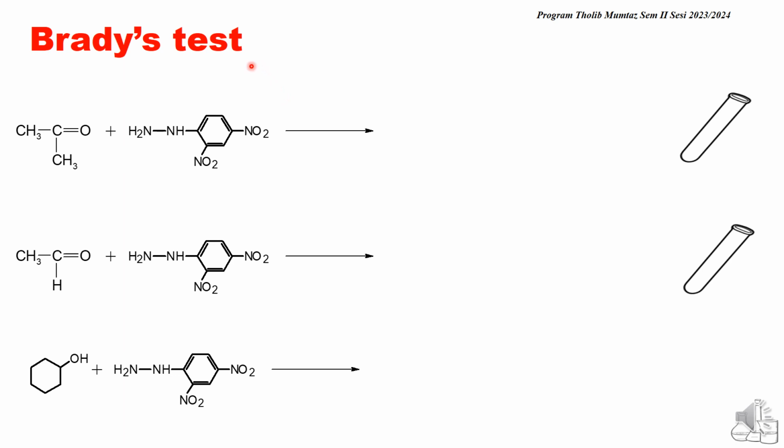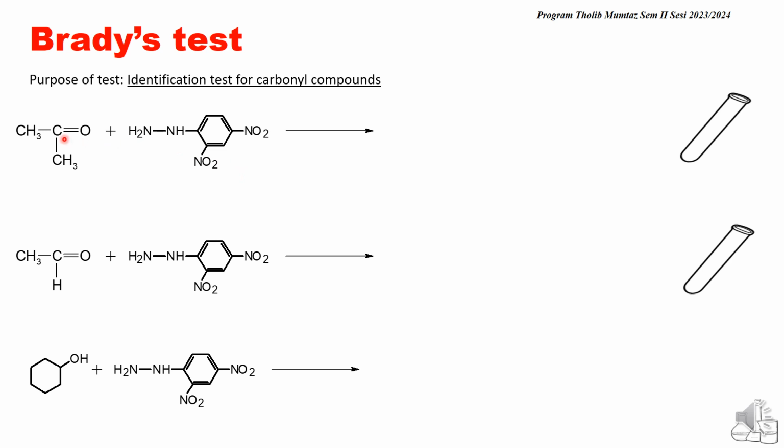Next, we have Brady's test. The purpose of Brady's test is to identify the presence of carbonyl compounds. The carbonyl here is true for both aldehydes and ketones. So let's look at the first structure. You are given a ketone reacting with Brady's reagent, which is